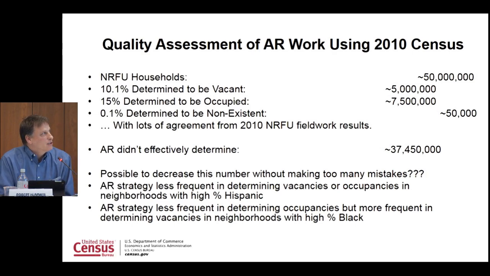The downside is that the administrative records didn't effectively determine 37 million of these households, so I thought to myself, well, can we do better than that? But 12.5 million of these addresses were determined, and most of them correctly. I looked up the Census of Canada has about 13 million households. So this was like taking out a whole Census of Canada out of the non-response fieldwork, which could be huge